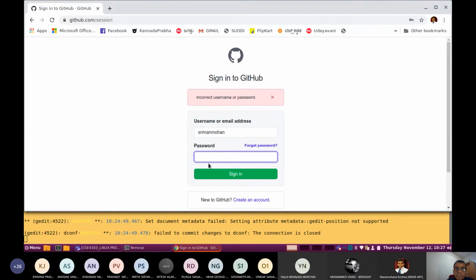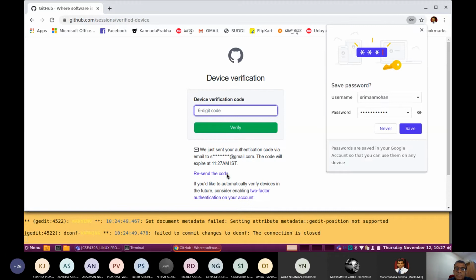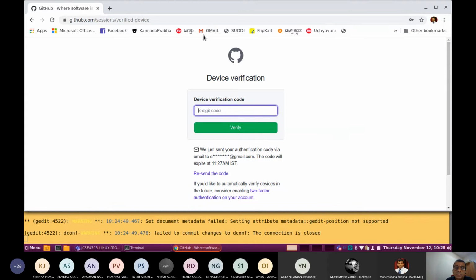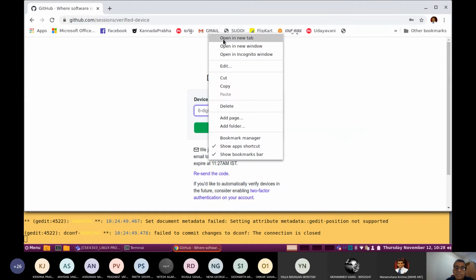The moment I try to log in, it sent a message, probably to the Gmail ID, for verification.